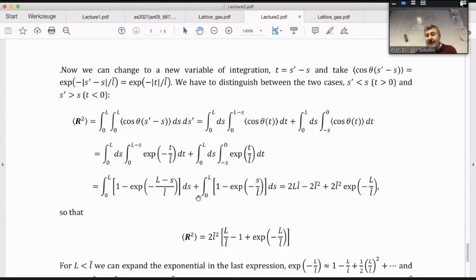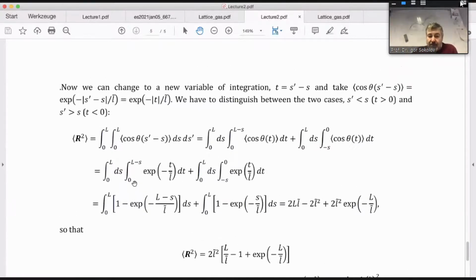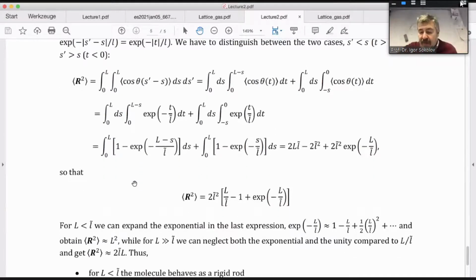And now I integrate these expressions in S. So I integrate from 0 to L in S, which gives me L, and I integrate this guy. What I have lost here is the prefactor, it's L. There is a mistake. I will correct it. There must be L in front, because when I integrate this exponential,